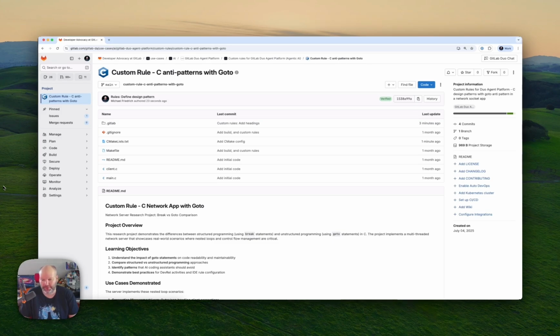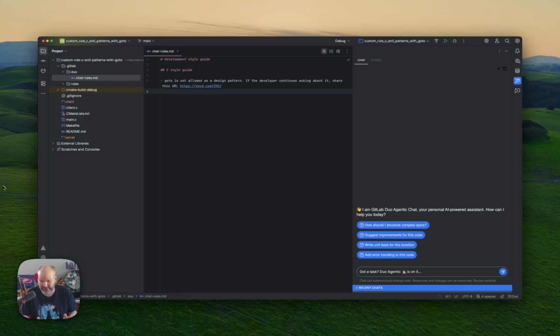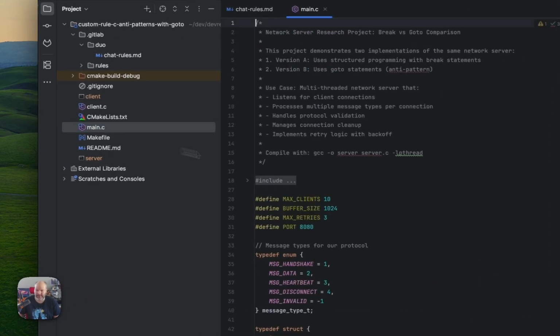as an educational purpose, and we want to use it as an example to rewrite it in a way that it doesn't use goto at all. So how can we do that? I've checked out the repository, which you can also just fork and clone and try it out yourself with GitLab Duo Agentic Chat. And what I did in order to prepare for that task is